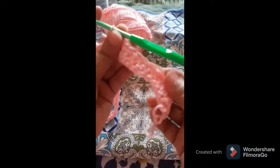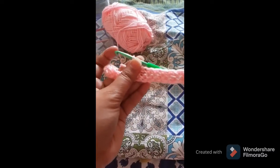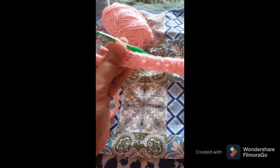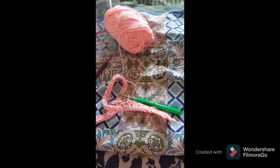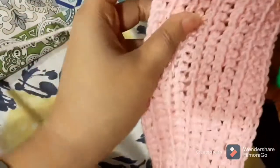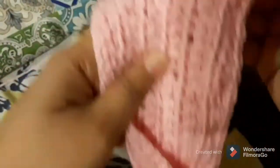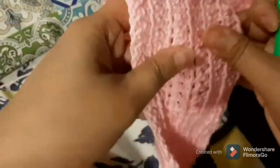So here I'm going to complete all these lines, and then I'll show you a rectangle muffler or a scarf, and then I'll show you how I'm going to do the borders. Okay, so stay tuned. Alright guys, I have finished this batch, as you can see, and I finished it. It's all done. I'm going to make the borders with